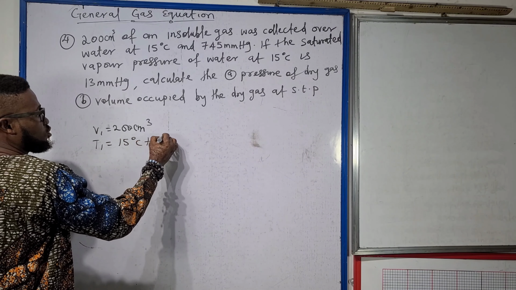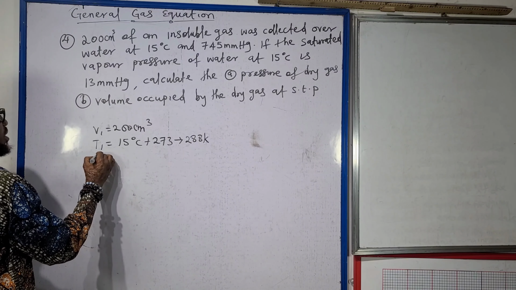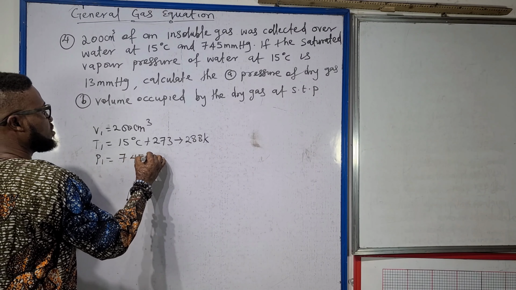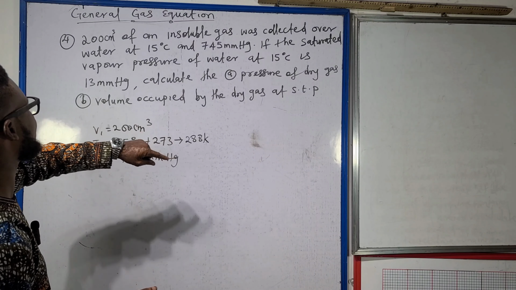And of course, we have to convert to Kelvin. That makes this 288 Kelvin, and 745 millimeter mercury. P1 here equals 745 millimeter mercury. If the saturated vapor pressure of water at 15 degrees Celsius is 30 millimeter mercury,